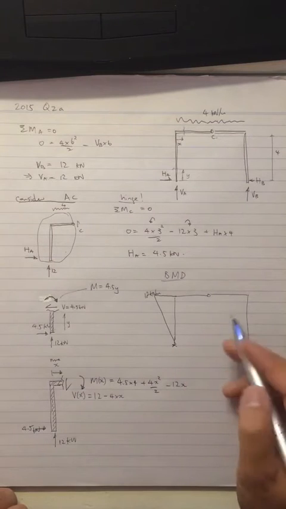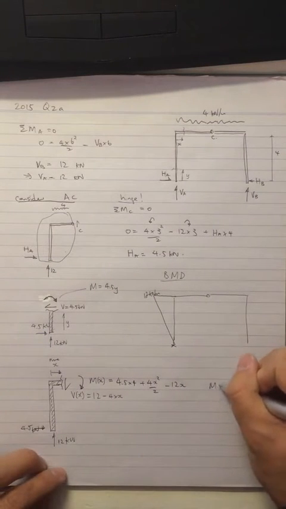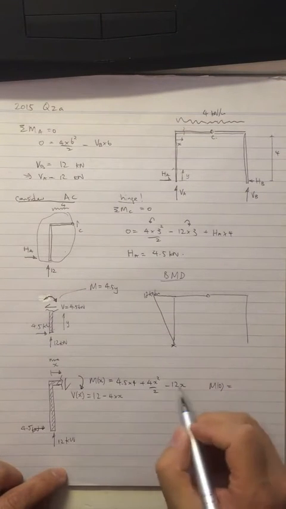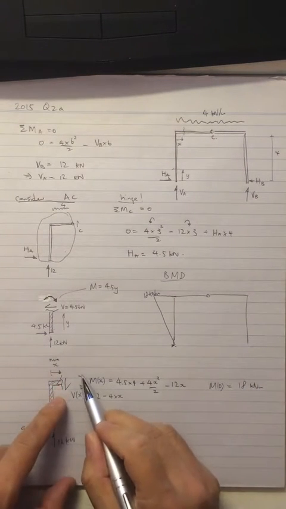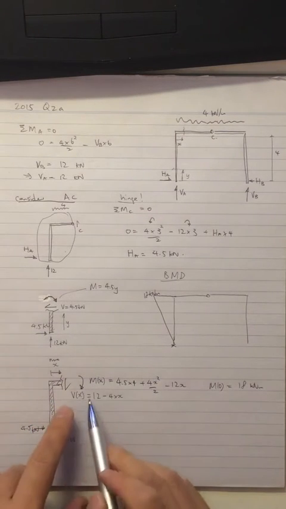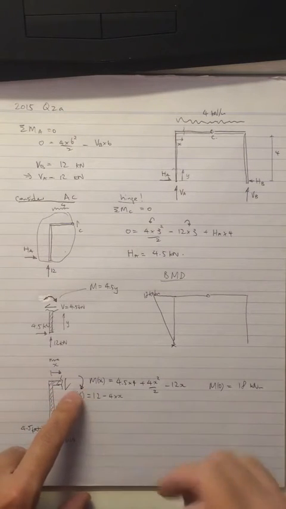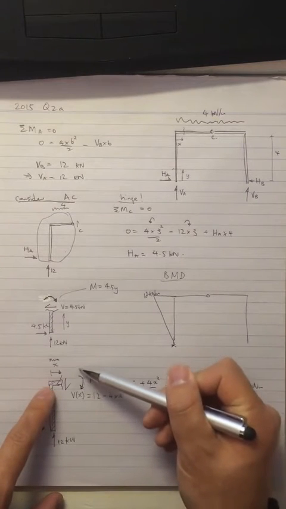So let's try putting M of 0 in this. If you put x equals 0 here, you'll get a value of 18 kilonewton meters. So in other words, the bending moment will be 18 kilonewton meters in the direction of this arrow. We always plot the bending moment on the tail side of that arrow. So that means that 18 will be on the top side,